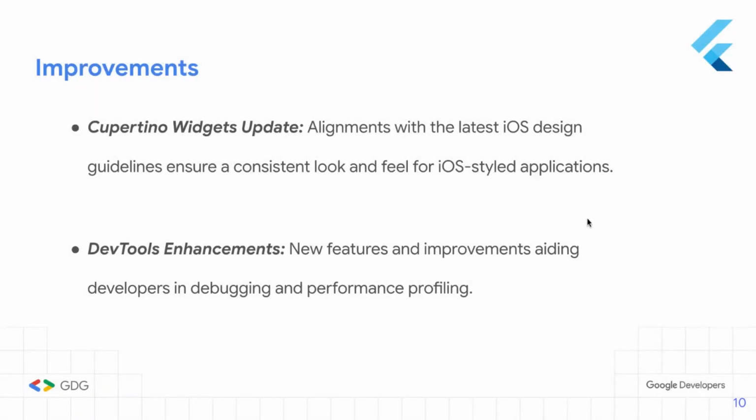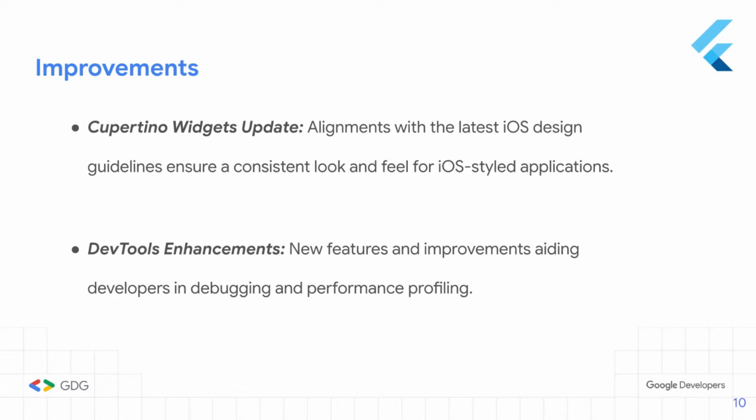The next one, we have the Cupertino widgets update, where the latest release has seen some iOS design guideline updates to ensure a consistent look and feel for iOS style applications. So there are more design guidelines on the iOS end. And the next we have DevTools enhancements, with new features and improvements aiding developers in debugging and performance profiling. So this is again a big thing because performance optimization is something which needs to be considered heavily when you're building scalable apps, and the DevTools enhancements mean